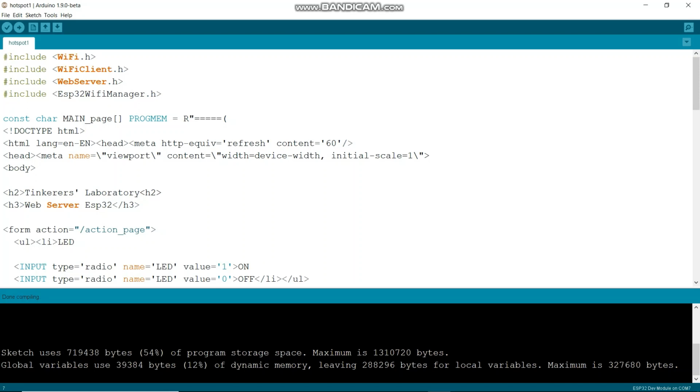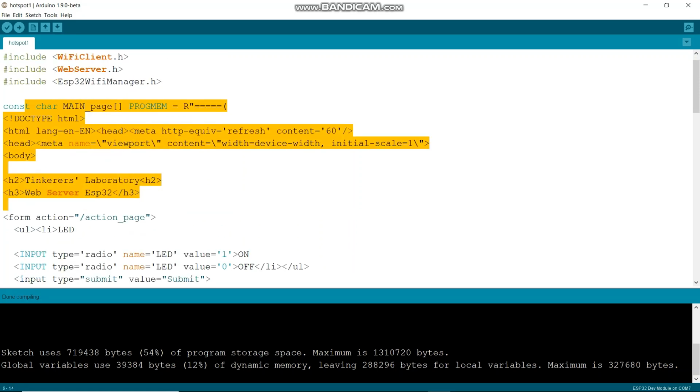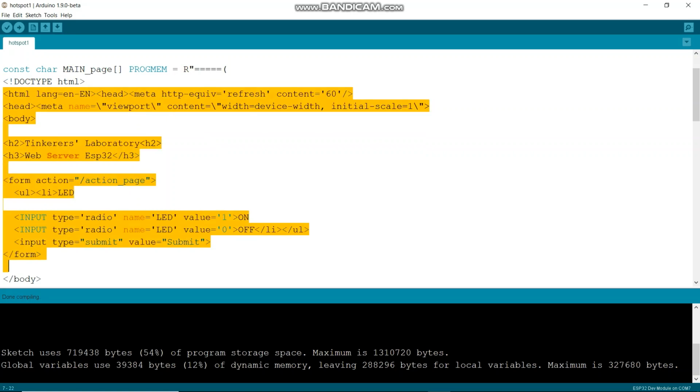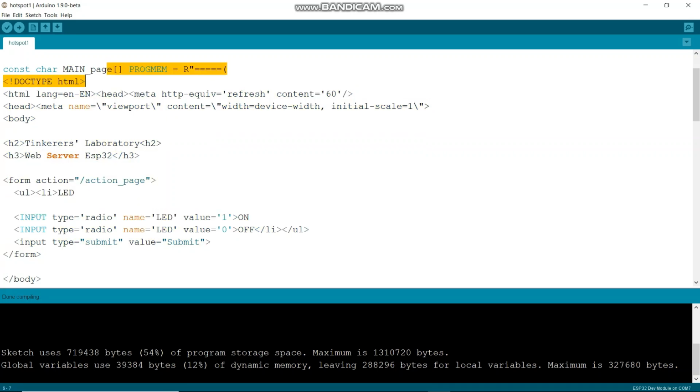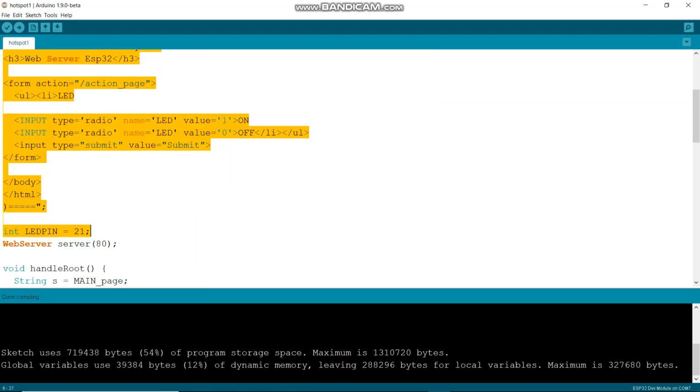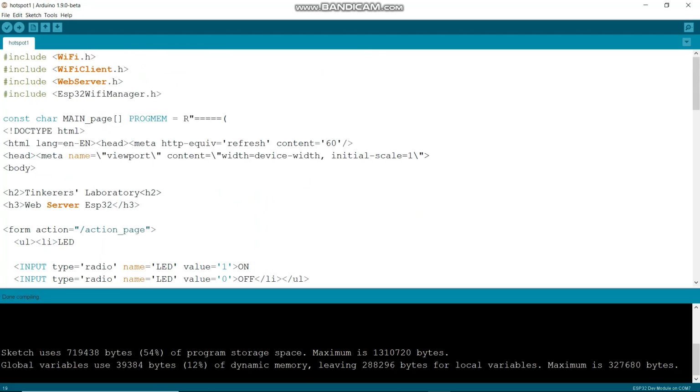Basically that hotspot will contain this HTML page that I have written here, and the users can perform their actions via this page to this NodeMCU. So I will show you how they can perform actions via this HTML page and what this HTML page basically is.